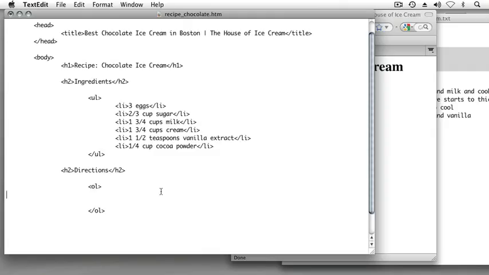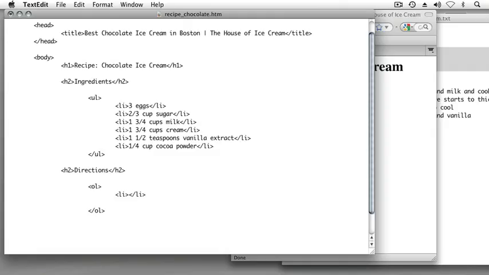And like with unordered lists, when we create an ordered list, the tag that we use to create our list items that go within that ordered list is the same tag we use when creating unordered lists, the LI tag. The only difference between ordered and unordered lists is the opening and closing tag we define when creating our list